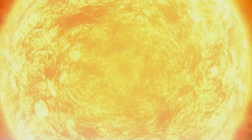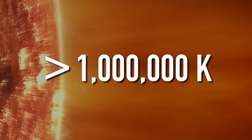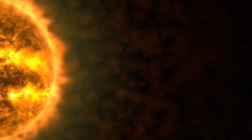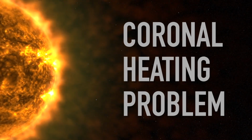However, this is still considered normal, because when you enter the corona, you'll find that the temperature skyrockets by 2 orders of magnitude, reaching a terrifying million degrees, and in some places, even tens of millions of degrees, approaching the core's temperature. Why does the temperature rise instead of fall in the region farthest from the core? For decades, scientists have been trying to solve the mystery of the corona's high temperature, known as the coronal heating